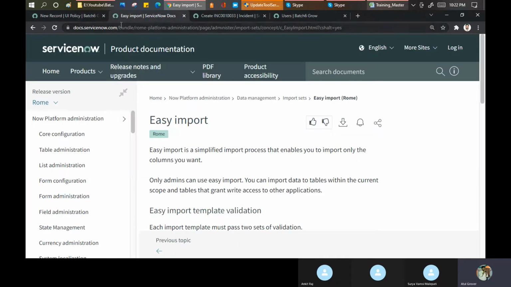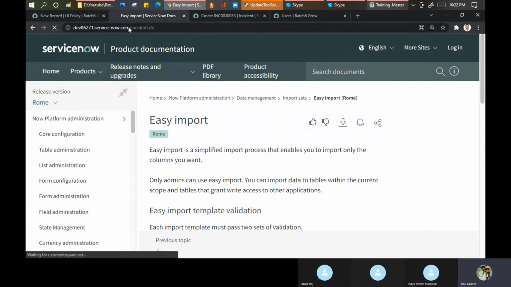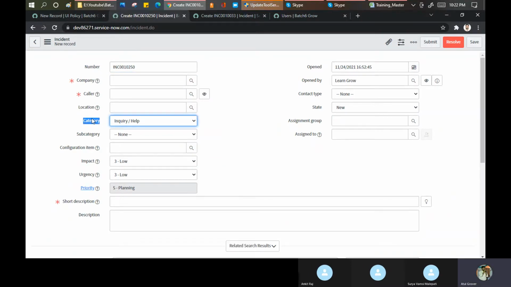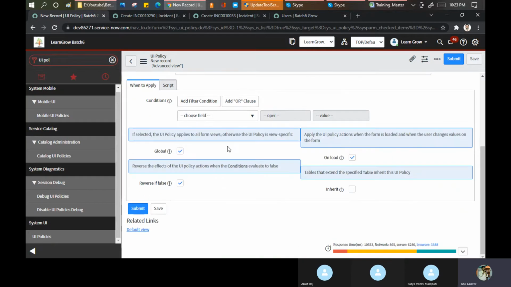Let me open this form again, just for the writing purpose. I want to make category mandatory. No, this is already mandatory. चलो, let's make assignment group mandatory. ठीक है. I'll go here. Assignment group mandatory. Put a meaningful name here so that you can easily identify कि ये policy कर क्या रही है.